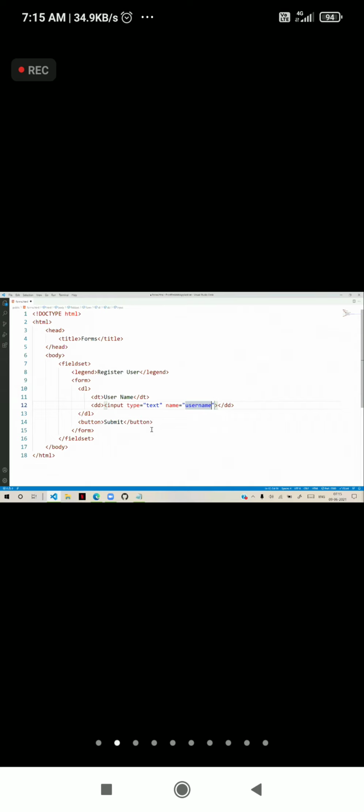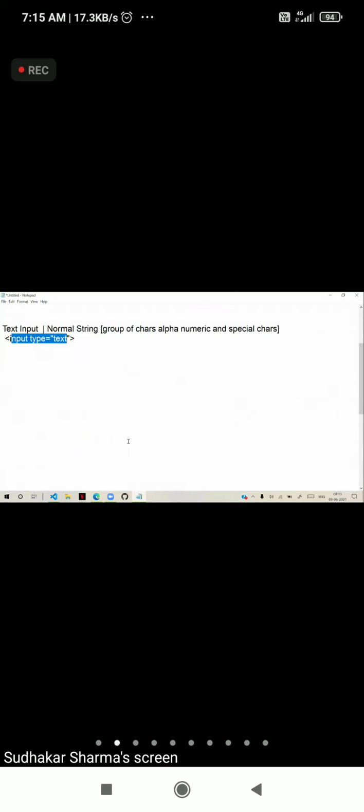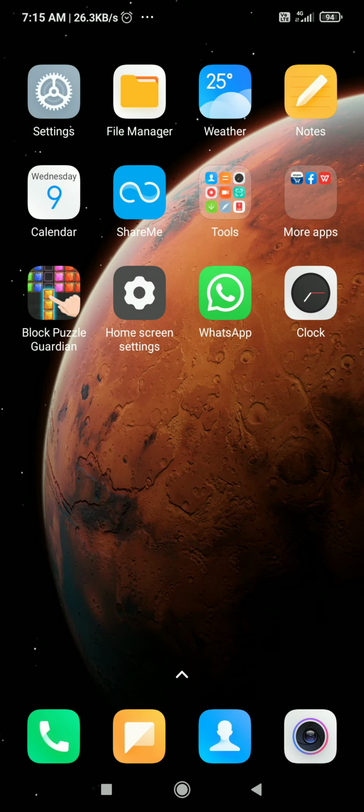But actually, as per the tradition and the rules of naming, when you give names for the controls, we have a habit of following a technique called camel case. We have to use camel case in naming.